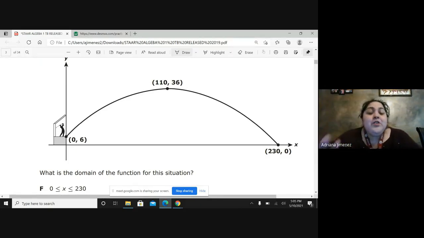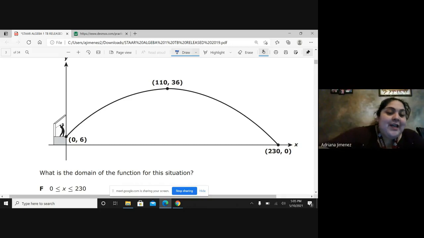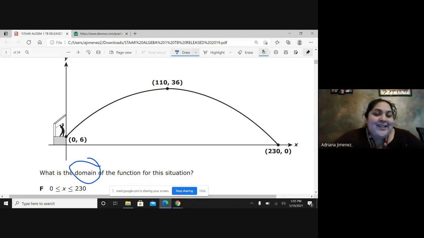All right, the first thing I want you to do anytime you have a picture is go and read the question and figure out what it is you need. Do you need to go back and read the paragraph that's above the picture? Sometimes you do and sometimes you don't. It all depends on what the question is asking. This question is asking for domain. Okay? And when I look at the answer choices, there aren't any words. So I don't need to know what the X stands for, and I don't need to know what the Y stands for. I just need to be able to read the graph. So domain is the letter X. All right, and it is always from left